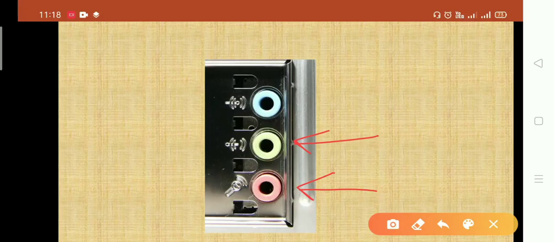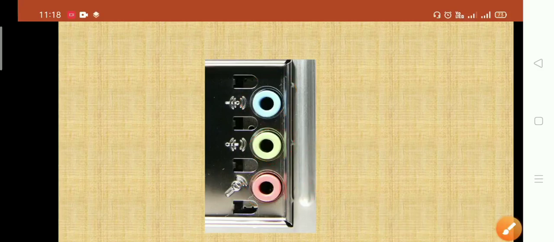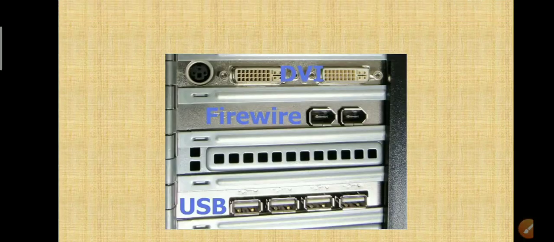See, this first one is only for mic, this one is for speaker only, and this is for both. If you want a single headphone, you can insert your connector in this jack. Clear? So this is how we use our audio jack.